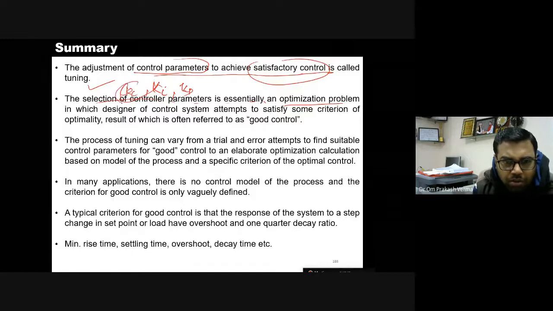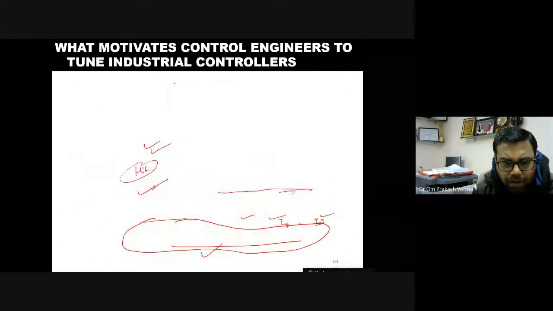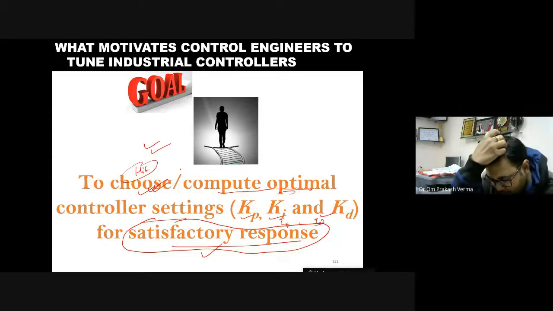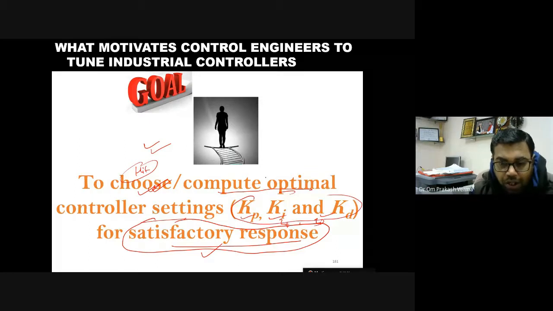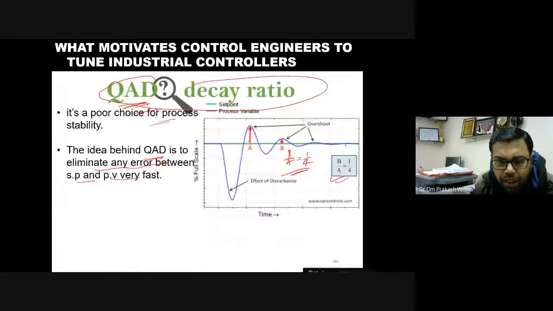So the choosing, आपको मैंने यहाँ पर बताया है कि ये value, either you choose by the hit and trial method the values Kp, Ki, and Kd, or either compute the optimal value. तो अब optimal controller की value आप कैसे compute करेंगे? So do you have any idea how this optimal value of Kp, Ki, and Kd can be calculated? Anyone? Any broad idea? क्या करना चाहिए हमें? Any broad idea?